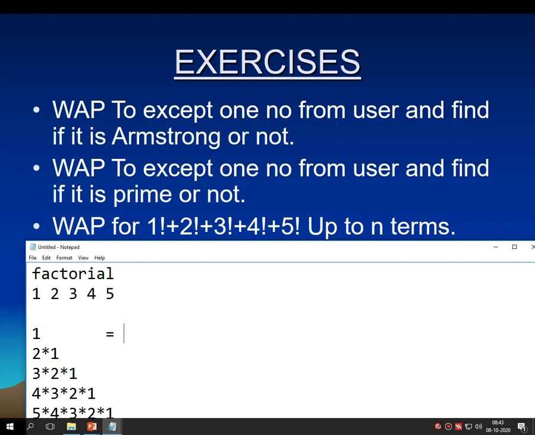Value of this is obviously 1. Value of this 2 is 2. Value of this one is 6.